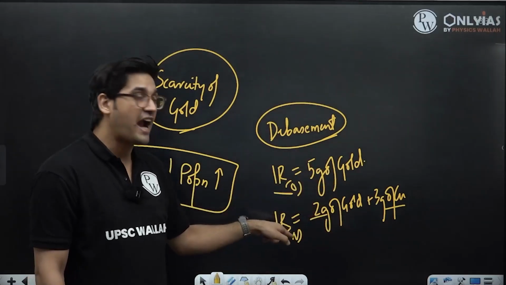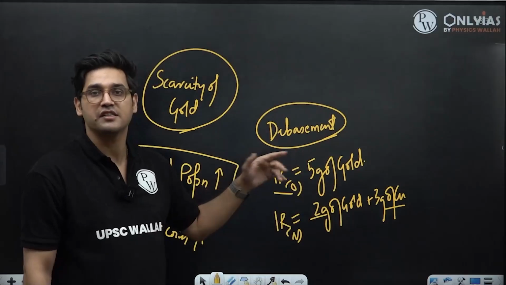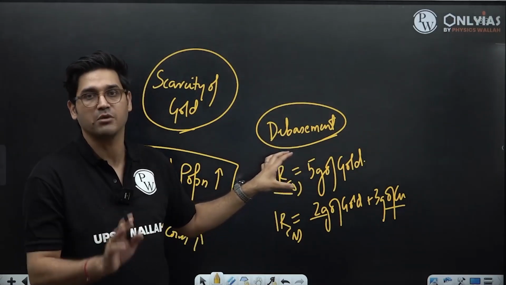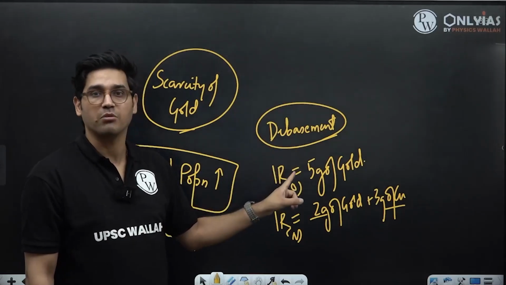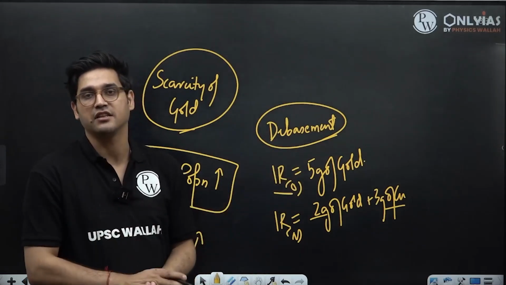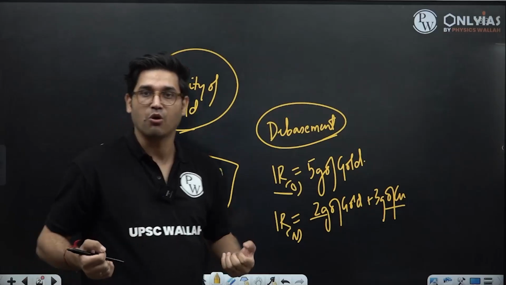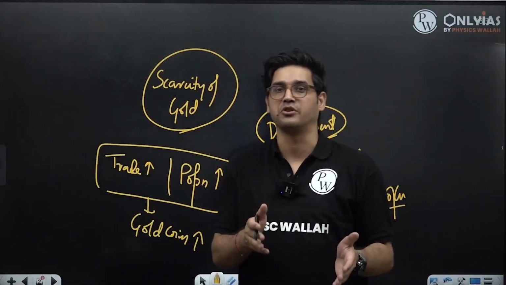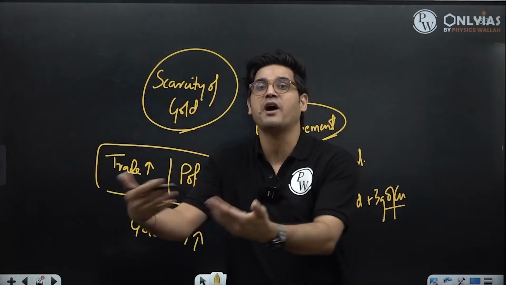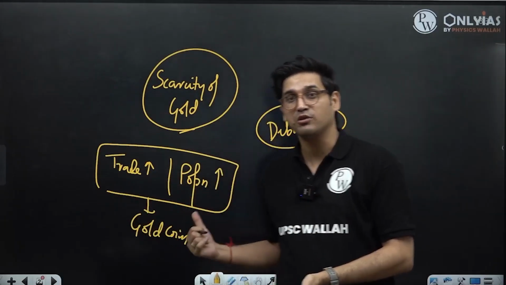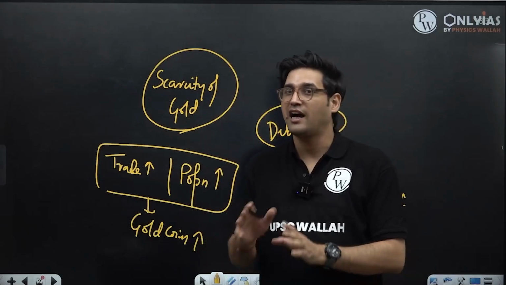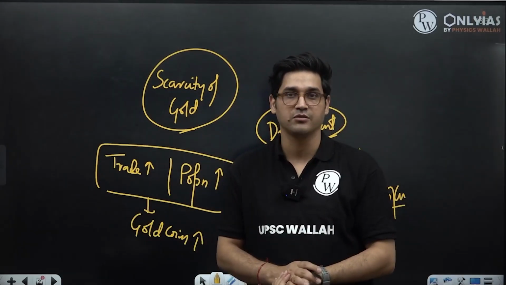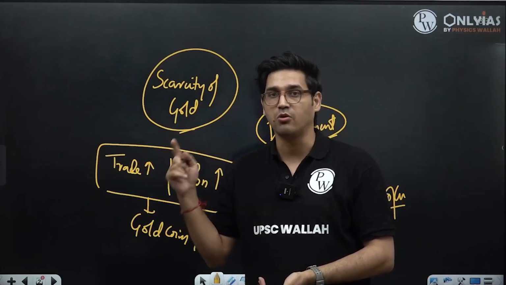This is called bad currency driving good currency away from circulation. People are going to hoard this and they are not going to use it for trading purposes. This was a big problem in terms of economic activities in these economies because people are going to hoard the good currency. That means trade in this economy is going to suffer. They are not going to be willing to part with this good currency because they know that the other coins which are now being issued are bad currency. They don't have as much gold as the previous currency used to have. This was a major problem for gold.